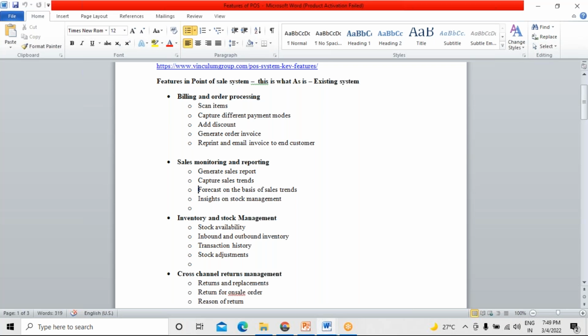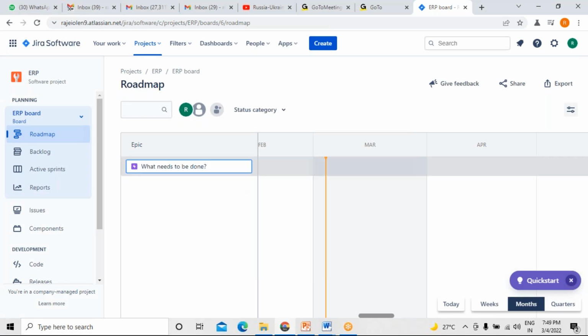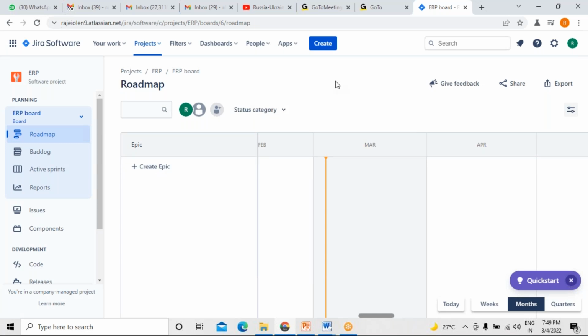So what do you have to do first? First, you have to create epics. Each and every epic must be accompanied with some user stories. To write down the user stories, that is nothing but the functionality. Understood? Clear? And we do not prioritize the epics, we prioritize the user stories, right? Or we can prioritize the epic also. We prioritize the user story irrespective of the epic, because there is nothing guaranteed that what is in the epic will be developed first.